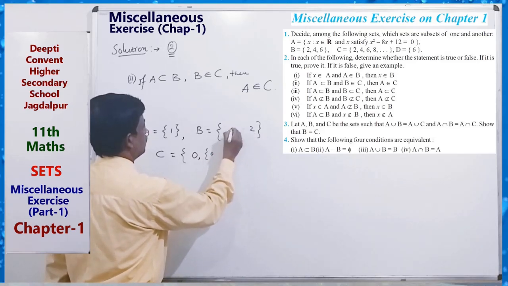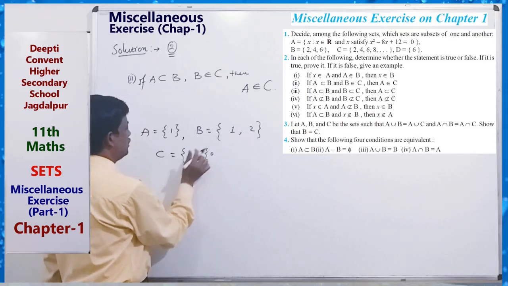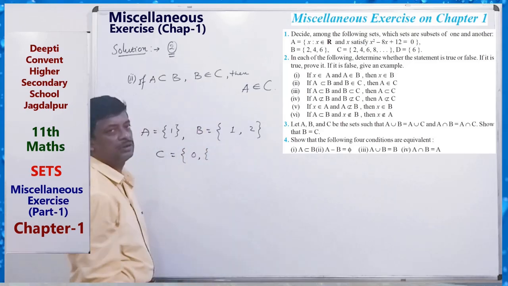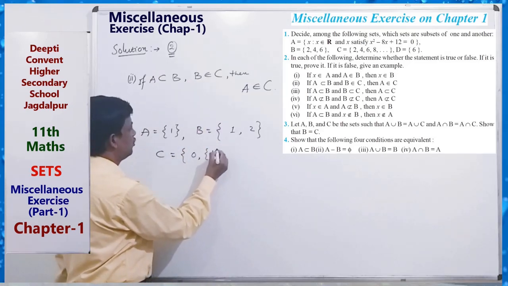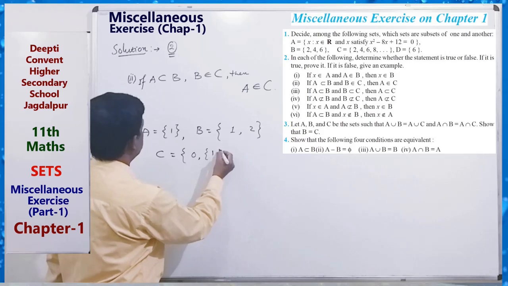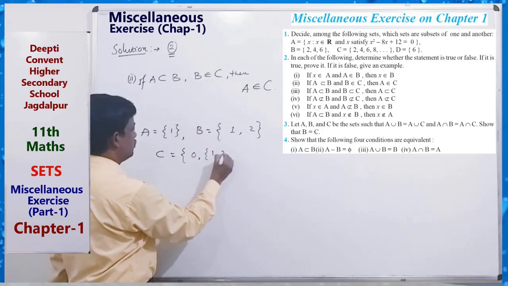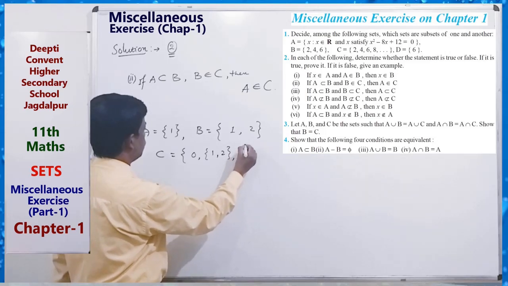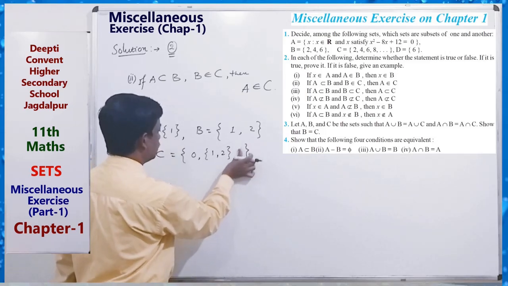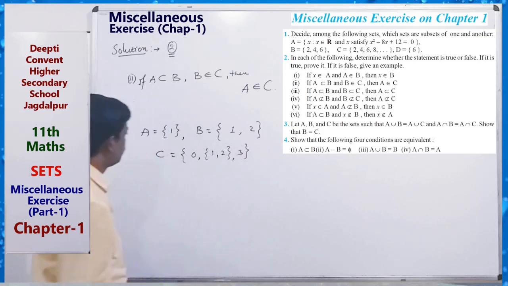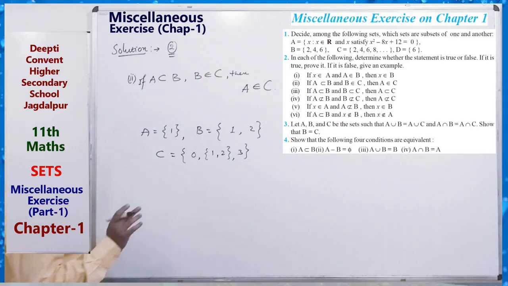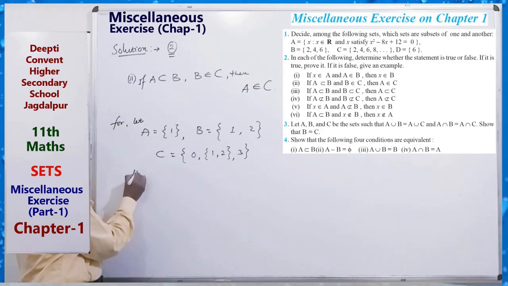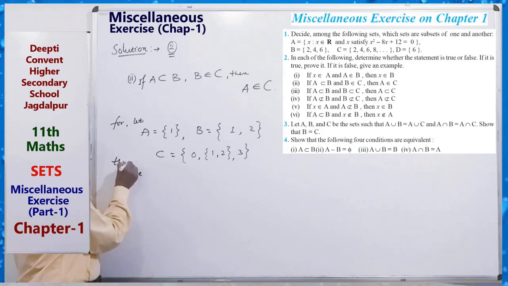Suppose this is only 1, this is only 1 and 2. We are making an example whether it is true or not. B belongs to C, no? So 1, 2, 3. If we take like this,